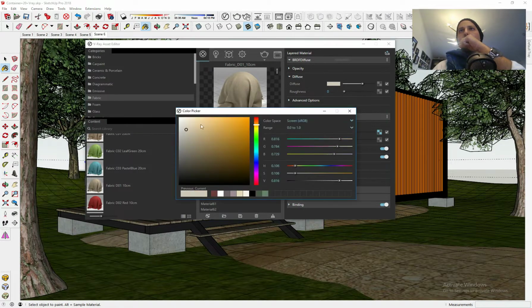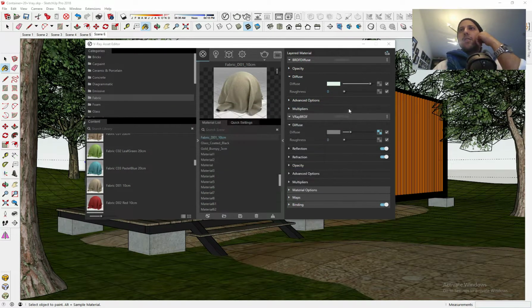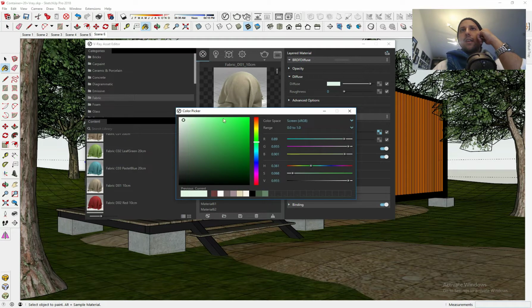Let's see if I change the diffuse, if that will change the color. So basically the diffuse does just change the tint, not the real color. So what I'm gonna do, I'm gonna bring it back